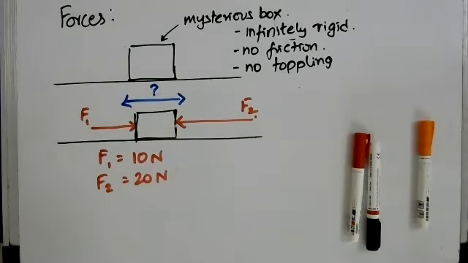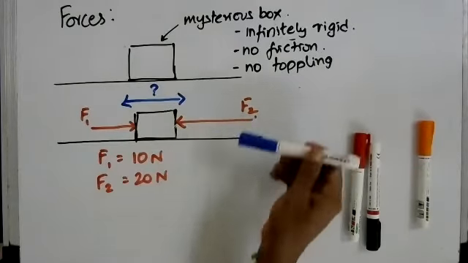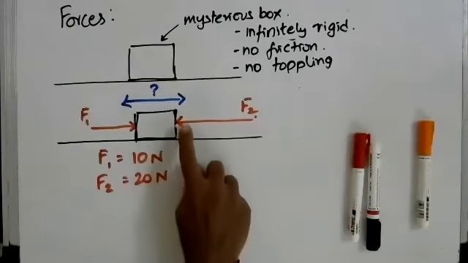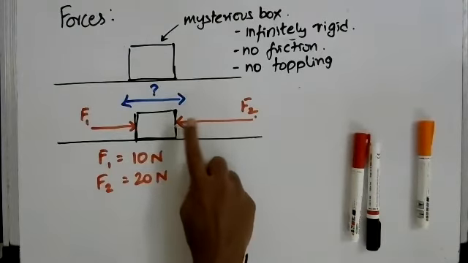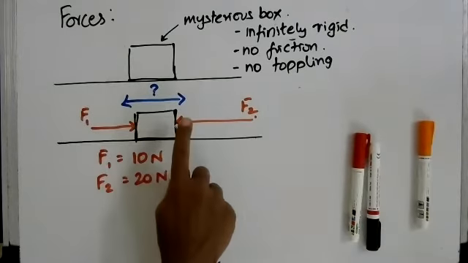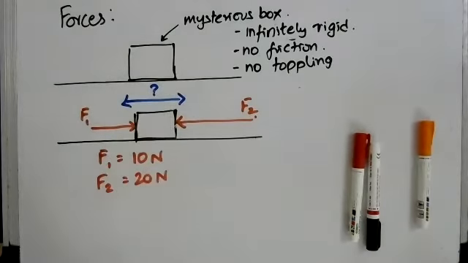Left. 20 minus 10. Why do you say that? Because F2 is greater than F1. Because there is a force F2 acting from this side, which is greater than the force F1. If you like to imagine it, you can say that a stronger person is pushing from this side and a weaker person is pushing from this side, and the stronger person can push twice as hard as the weaker person.